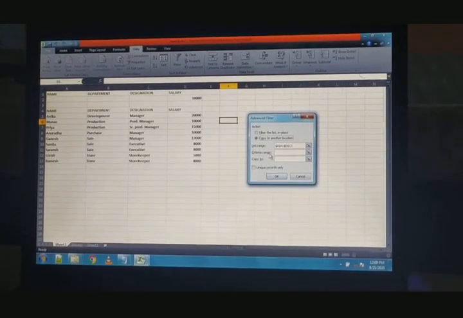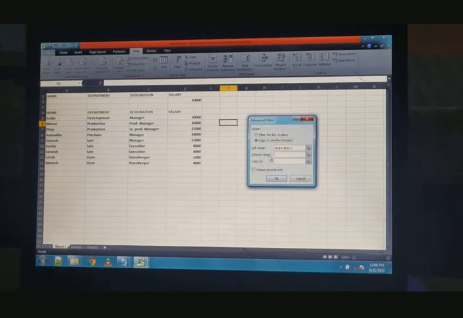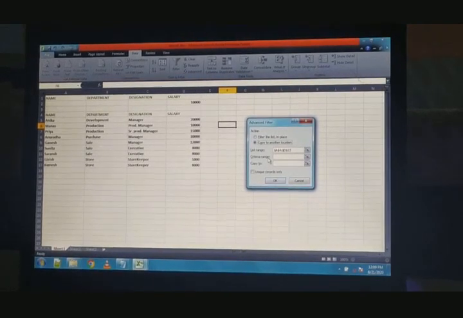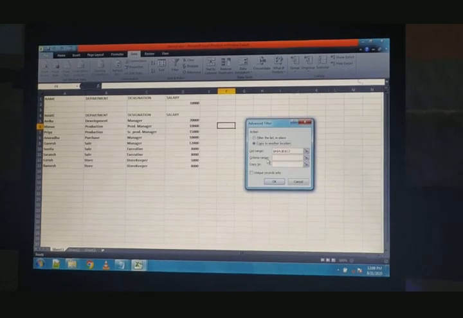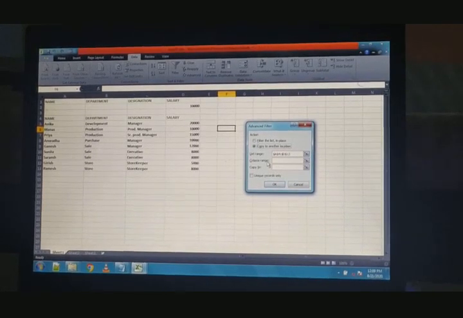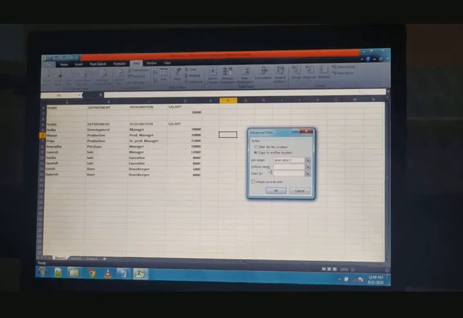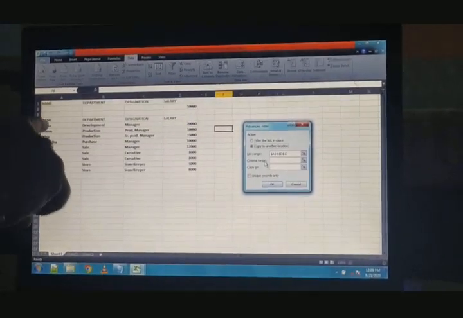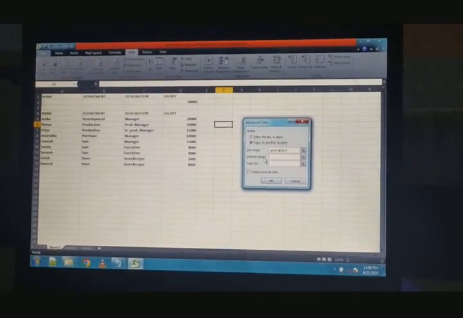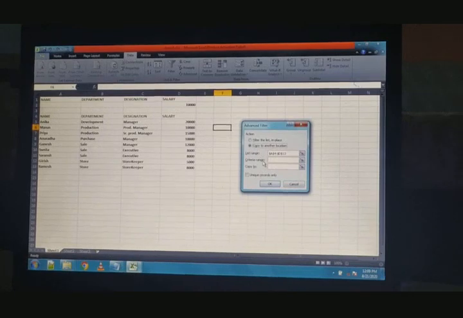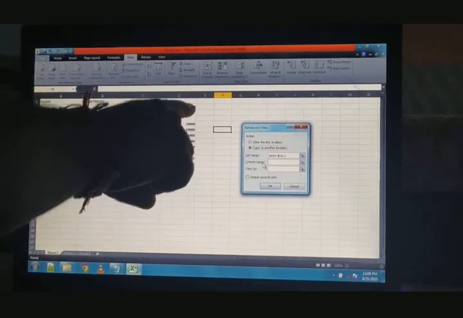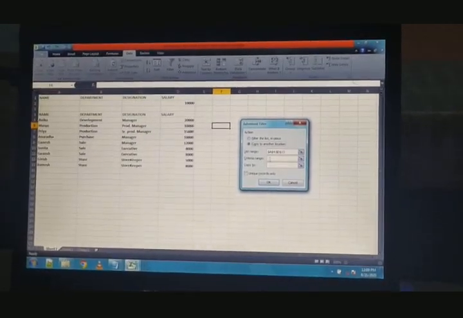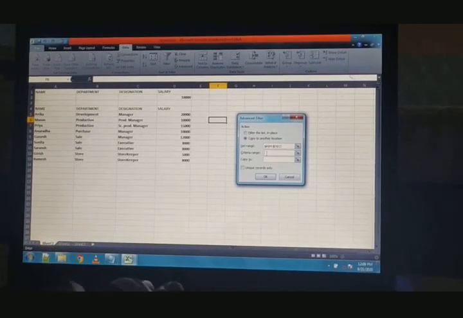Students, this sheet has been defined into two ranges. One is the list range and the second is the criteria range. The list range displays all the records, A4 to D13, and the criteria range defines the criteria that you have created, that means from A1 to D2. So you have to define the criteria by $A$1